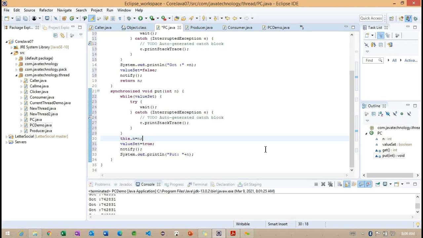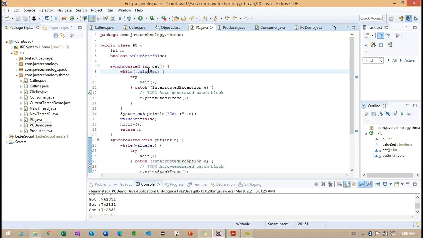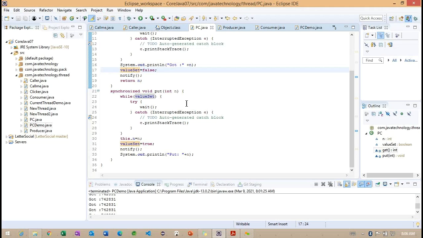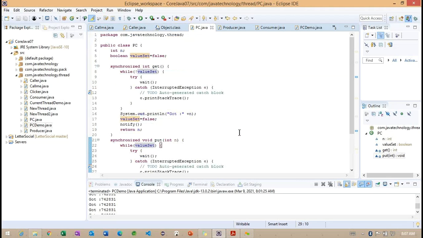So I'm going to use the same thing here, the producer and consumer based application. Carefully observe. Initially valueSet is false, and if valueSet is false, this condition will be satisfied. After this, whenever we are making this true, let me check here. This condition in the put method is not going to be satisfied.